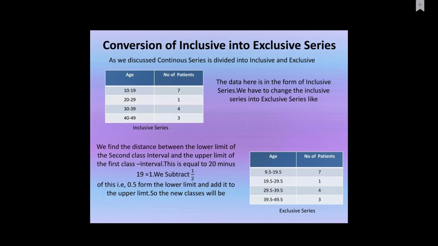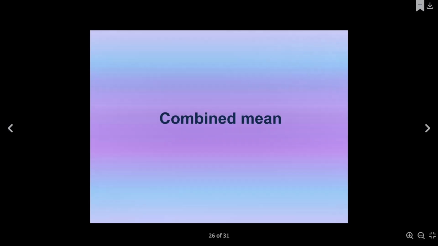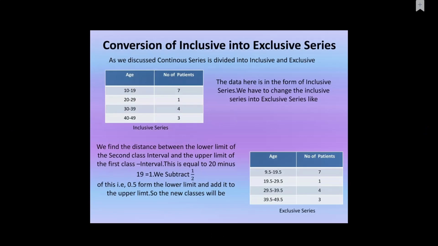In that way we create the class 9.5 to 19.5, then 19.5 to 29.5, 29.5 to 39.5. That is how we convert. So for arithmetic calculations with class intervals, the data should be converted into exclusive classes. Okay, so these are all about this, and also there is one more